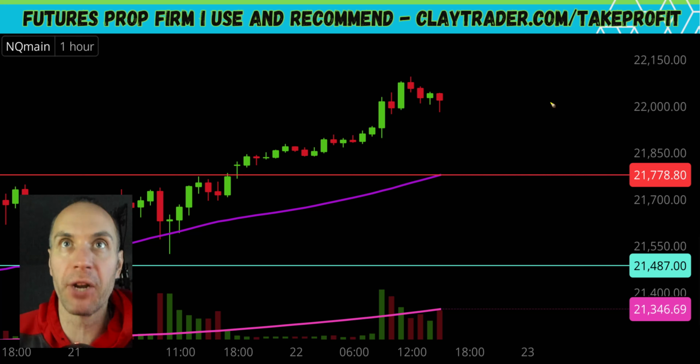So the first dynamic here to point out, and this will mean a little bit more to those of you that watched the previous video I did, but I talked about that area right there, that red line as resistance, and you can see price got the break up through there. I don't think I noticed it, but we are taking a look at the NQ here, so I apologize. We are looking at the NQ, but got the break right there, big move up, and now it's pulling back,